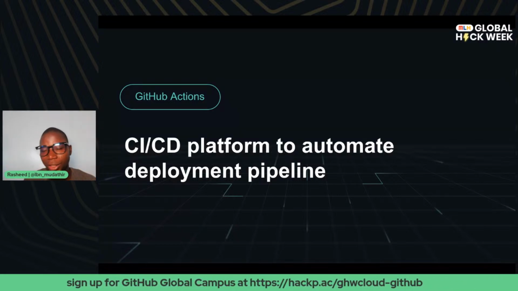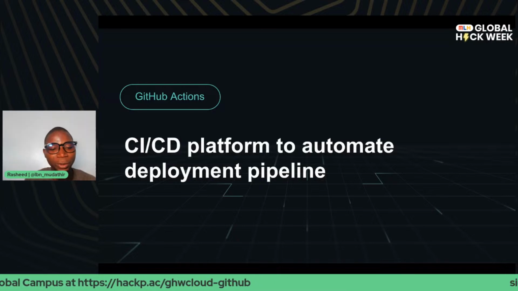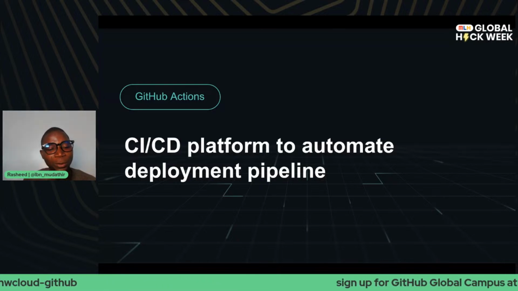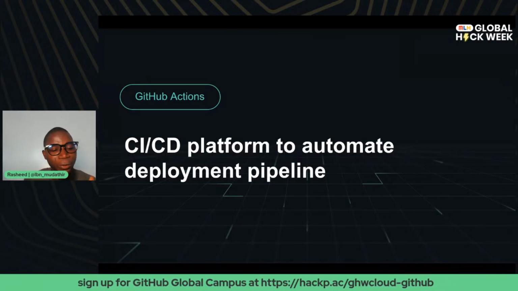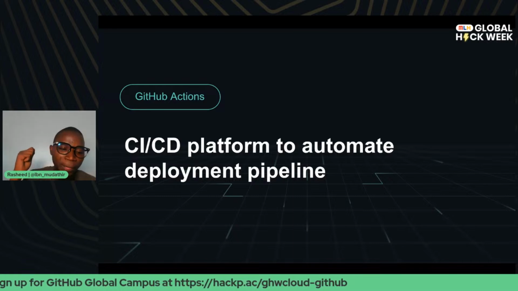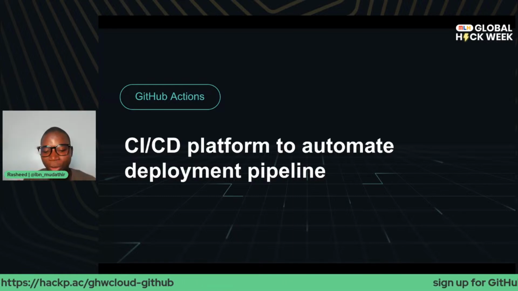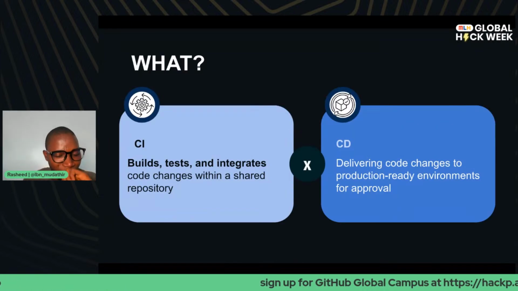Whether you are building the next unicorn or the best solution in the world, they want to provide a platform for you to be able to do that. One of the platforms they are providing is GitHub Actions, which you can leverage to produce a CI/CD pipeline that will ease your deployment and your code integration. So what is CI? What is CD? That should be the next slide that we'll be seeing.